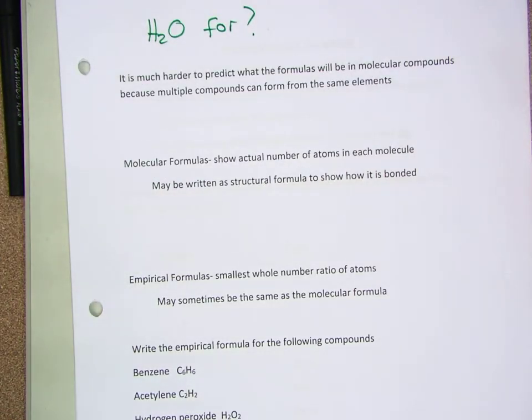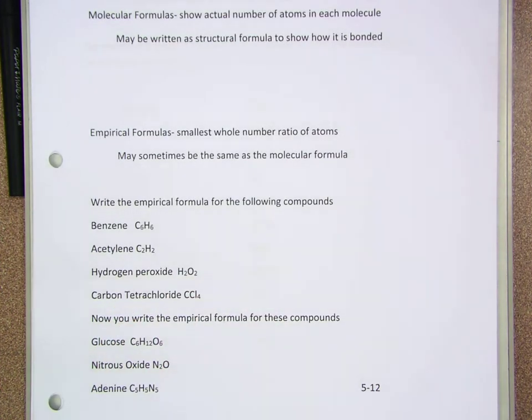Now, jokes aside, when we have a molecular compound, we cannot easily figure out what it will form. With the ions, all we had to do was make electrically neutral compounds. We looked at the charge on the cation, the charge on the anions, and we joined them together and made it neutral. But it's not so easy with molecules. So when we look at the molecule, we look at